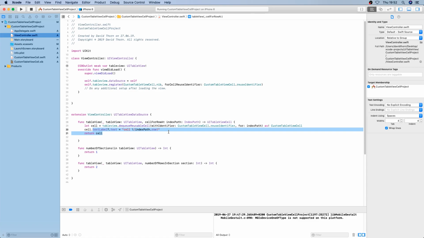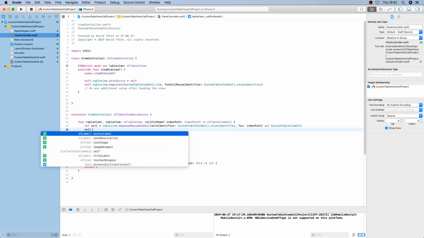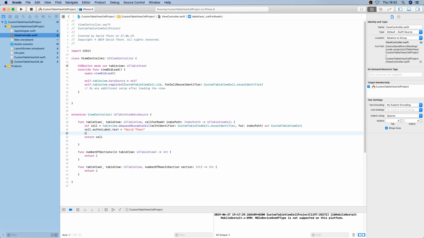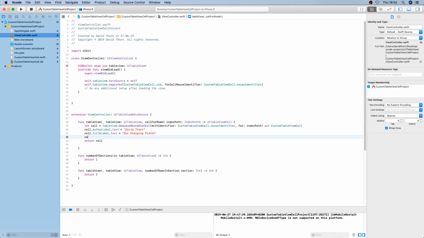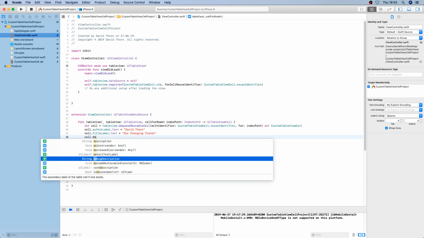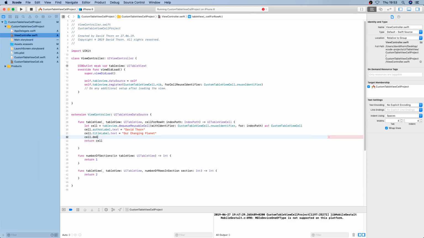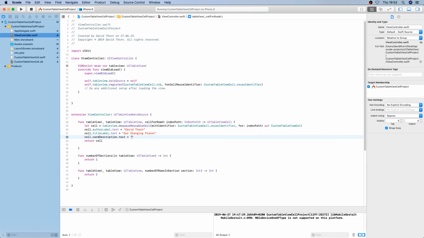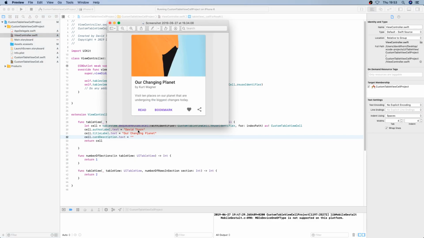So we can say here author label text, it's going to be then David Thorne, and title label text, and this said our changing planets, and card description, it said, and visit 10 places on our planet,